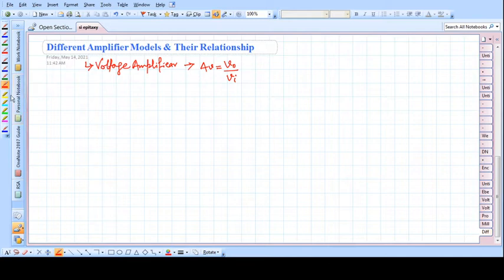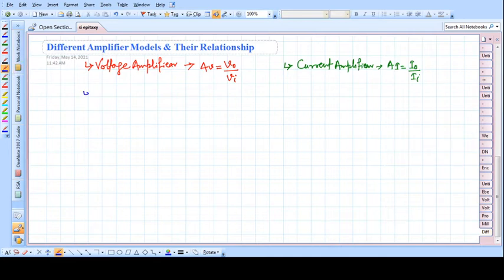Okay, the other one is our current amplifier. Here I am writing current amplifier. In the current amplifier the gain is the current gain, output current by input current. These two are very well known, but the other two which we are going to discuss are